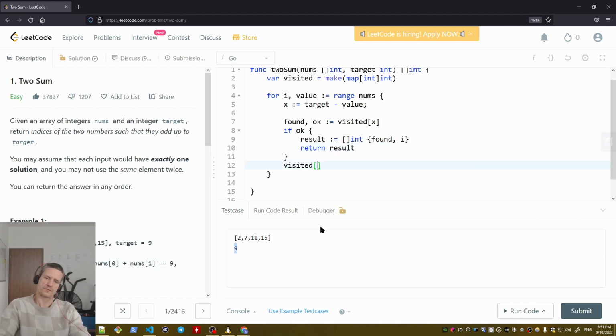Okay, so visited of value, because the value, which is the number, is our key of the map, and that one is I, which is the position where the value resides in nums, right? So if we find the number in the map, we return this result. But if we don't,